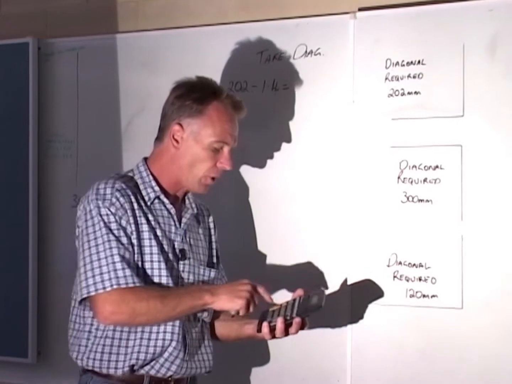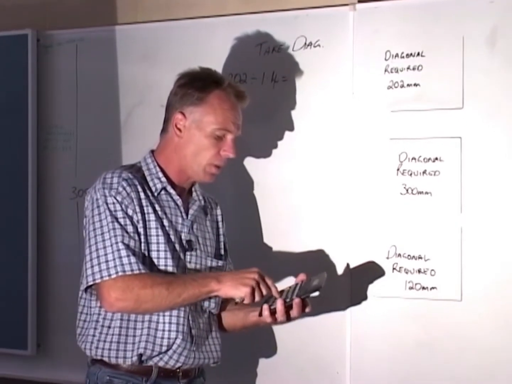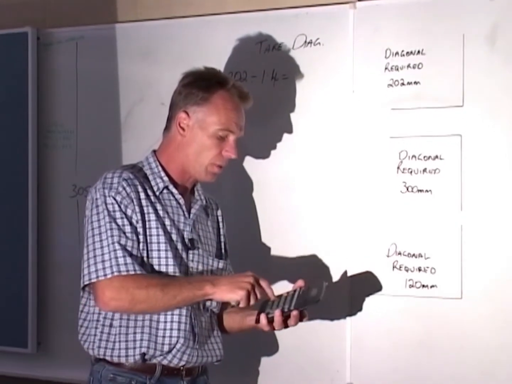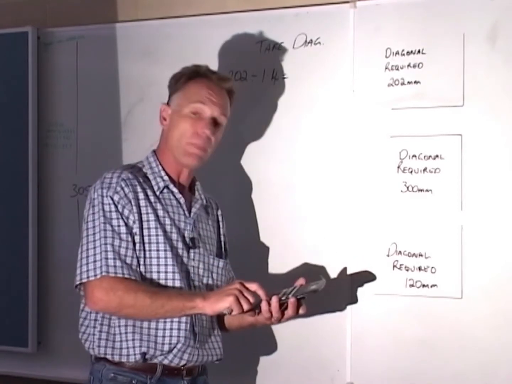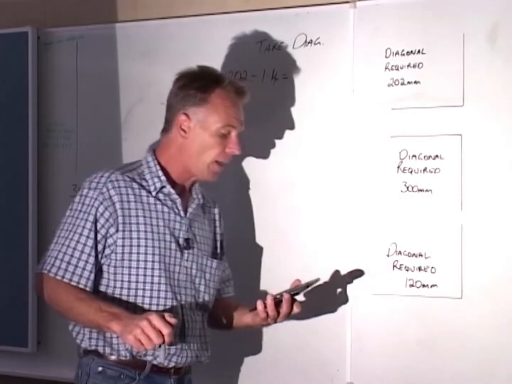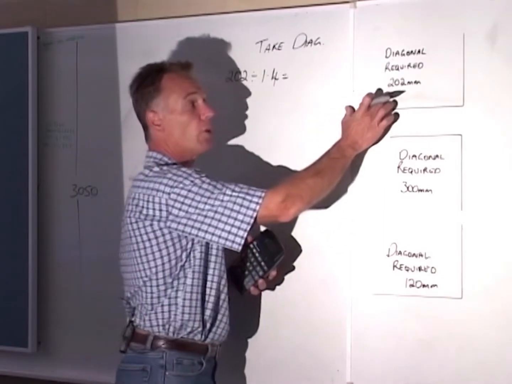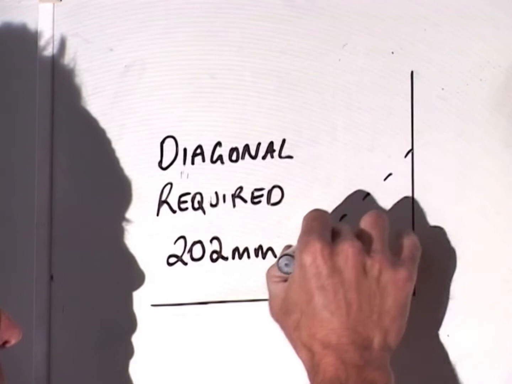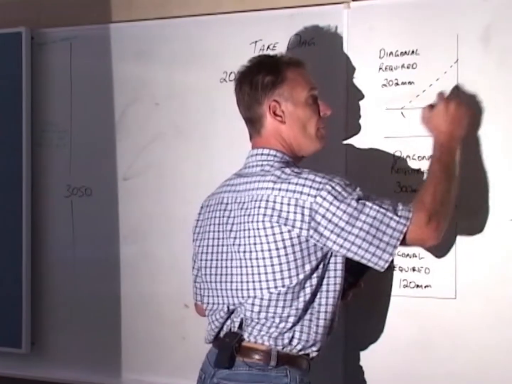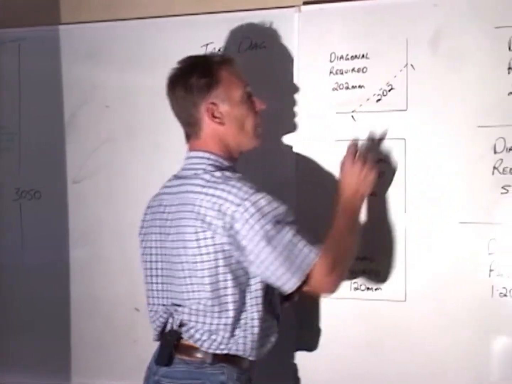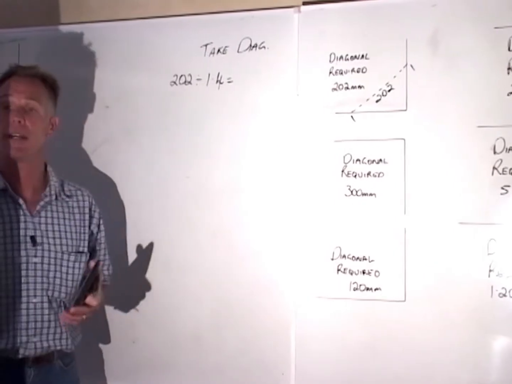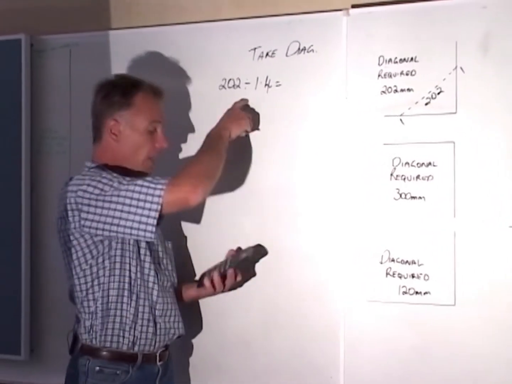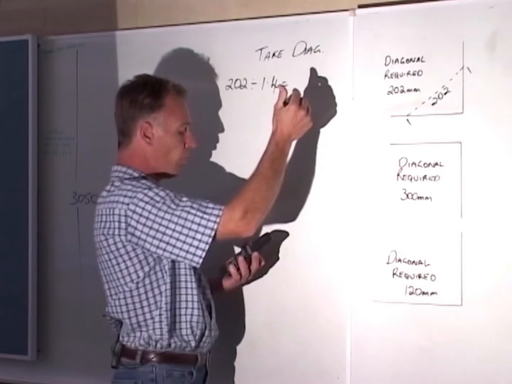Don't forget your decimal point, fellas. It does make quite a bit of difference. And you'll use that on both numbers too, I might add. In this particular case, the diagonal required is 202 millimetres. I've taken my 202 millimetre required diagonal, divided it by 1.4, and I've come up with 144